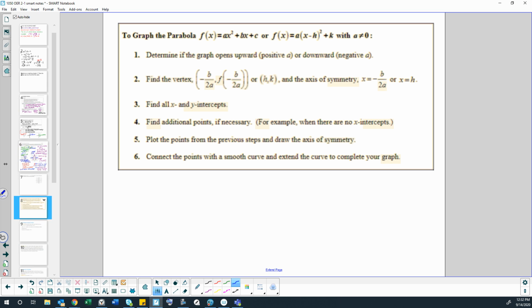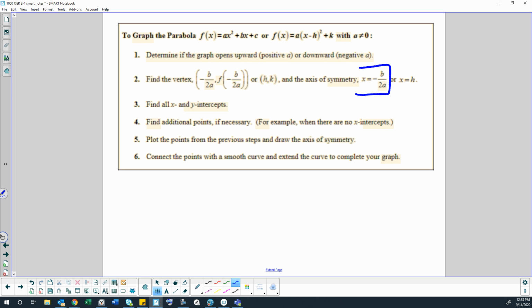So there's actually a little formula to help you find that. Instead of completing the square, if you're not really comfortable completing the square right now, you'll need to be in chapter 5. But right now, you can just use the formula x equals -b over 2a. b is the number next to x, and 2 has to do with halving to complete the square, and a has to do with the fact that if there was a number in front of x squared, like that coefficient